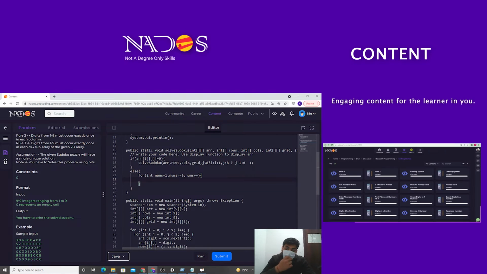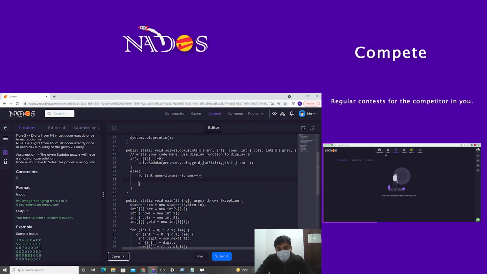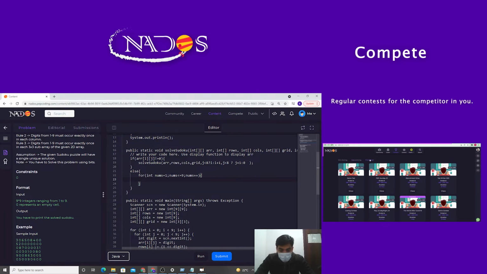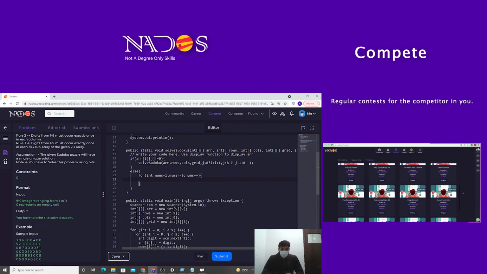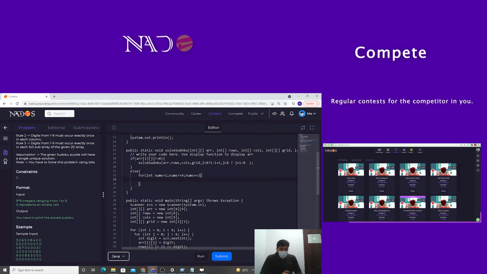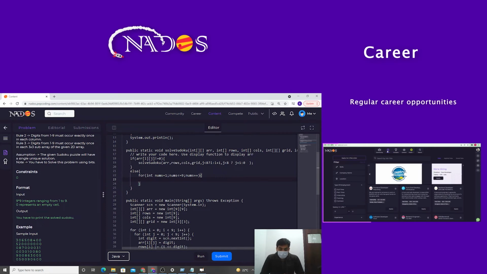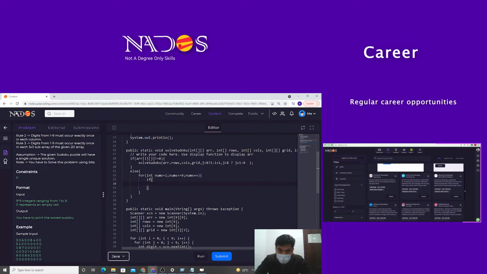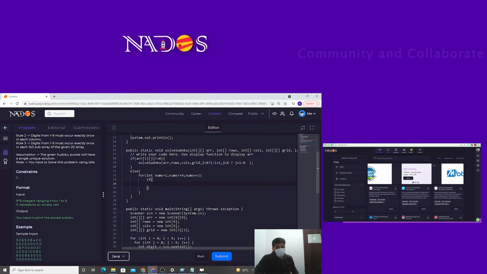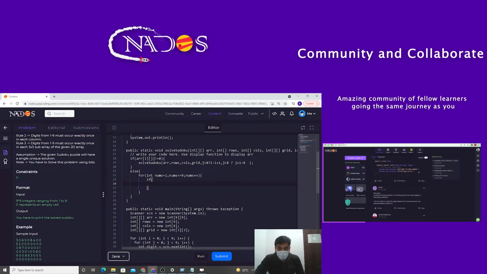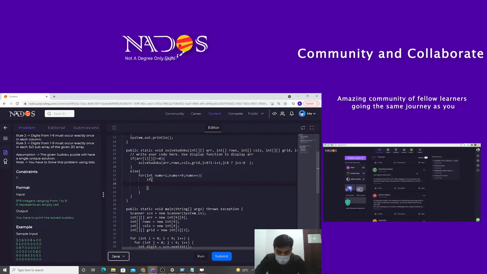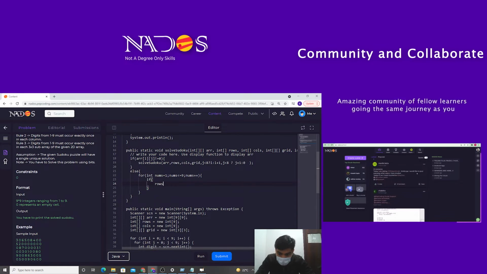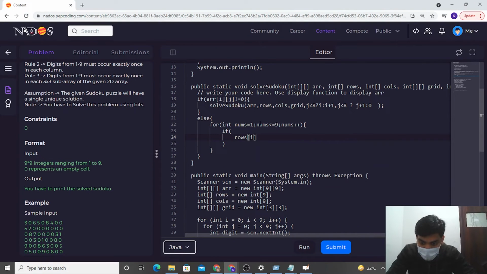So guys, what should be the condition before I proceed further? My condition should be that the num that I'm going to add is already present in my row, column or grid or not. So let's check that. So if, guys, I'm not writing in one line, I'm writing in 3 different lines so that you are more clear. So rows i and, let's create the mask.